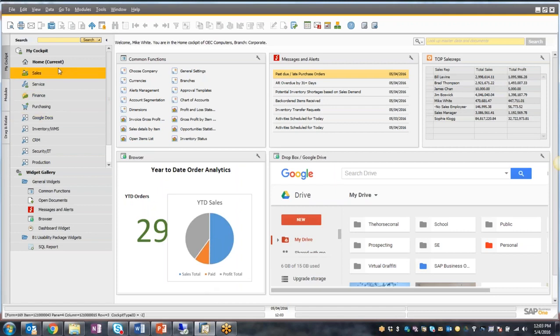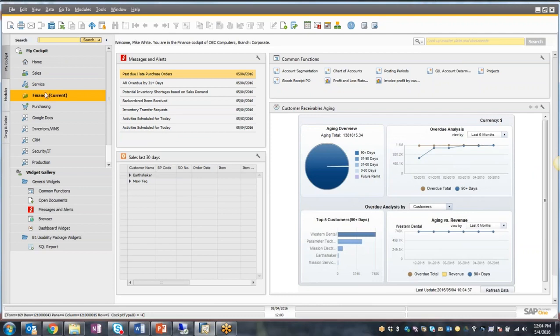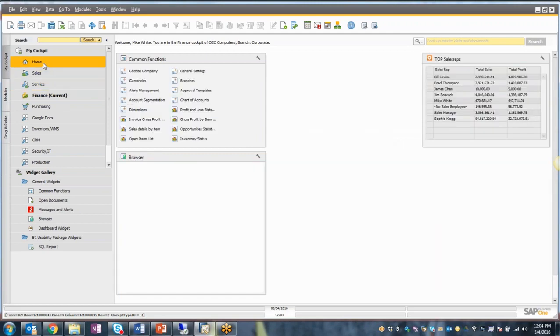And so you can see here that in the SQL version you have different cockpits, and the different cockpits provide areas of the software, in this case here, everything related to finance, service, sales, or back